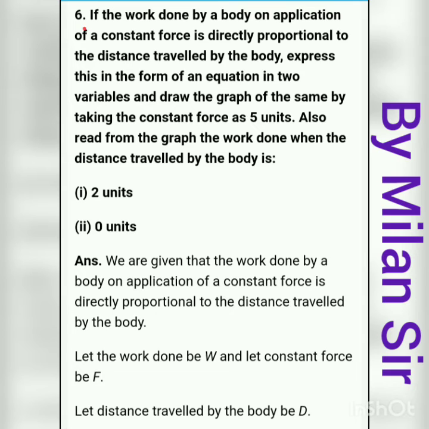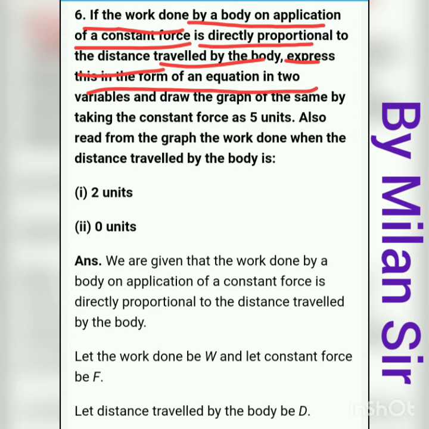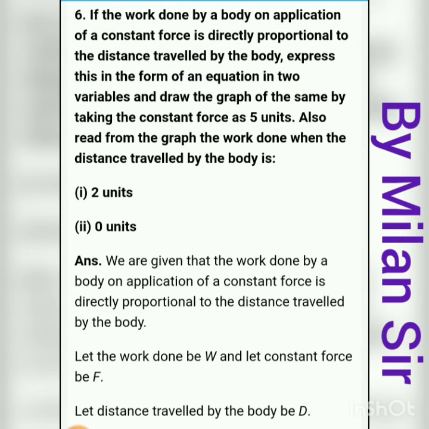Again, if the work done by a body on application of constant force is directly proportional to the distance traveled by the body, express this in the form of an equation in two variables and draw the graph of the same by taking the constant force as 5 units, and also read from the graph the work done when the distance traveled by the body is 2 units and 0 units. Okay,